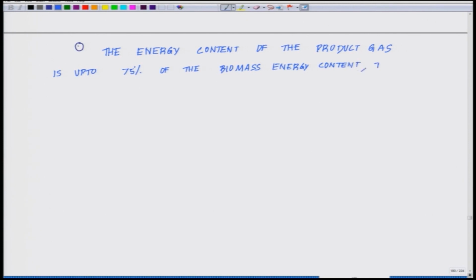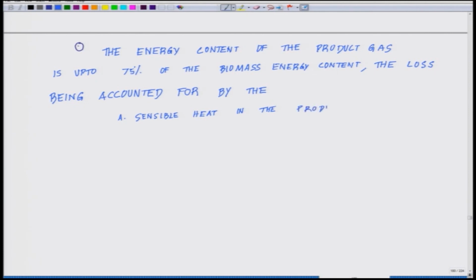The loss being accounted for. So, where are we having the loss? The loss is being accounted for by the sensible heat in the product gas, one way. Second is the heat content of the ashes,